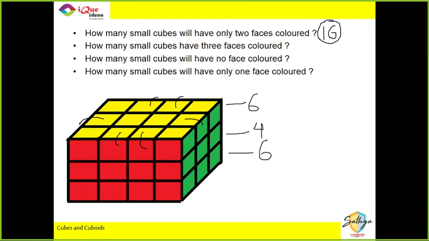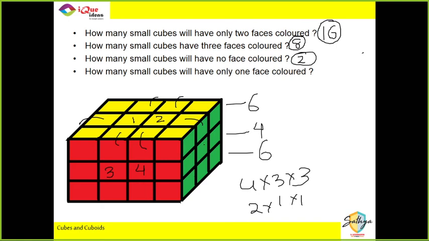3 faces colored. इसमें तो मैं कुछ सोचूंगा भी नहीं. By default answer 8. 0 faces colored. That is also simple. सब में से 2 subtract करो. 2 ones are 1. So total 2 such cubes. And 1 face colored के लिए 1, 2, 3, 4 and 5. I can see 5. That means 5 are hidden. So total 10.